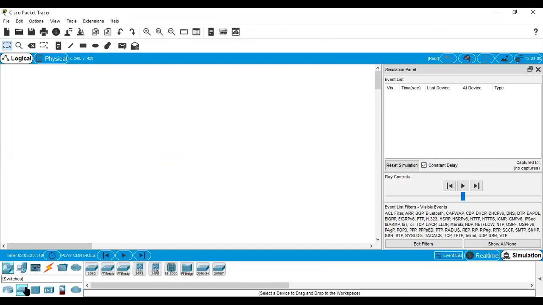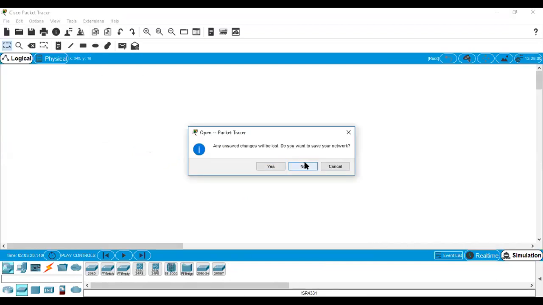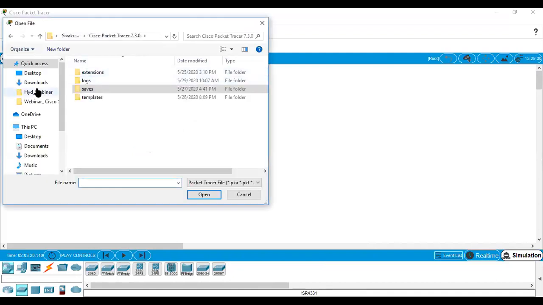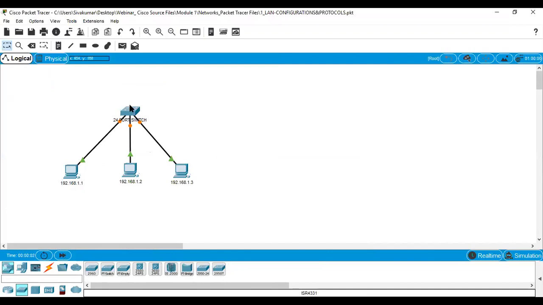For a local area network, you need a switch. This is, for example, your local area network being constructed. This is how to drag and drop the device. You can see here a 24 port switch. Here you can see 2960 is a 24 port switch. How do you know this is a 24 port switch? Here it shows 24 ports: here 12 ports, here 12 ports.